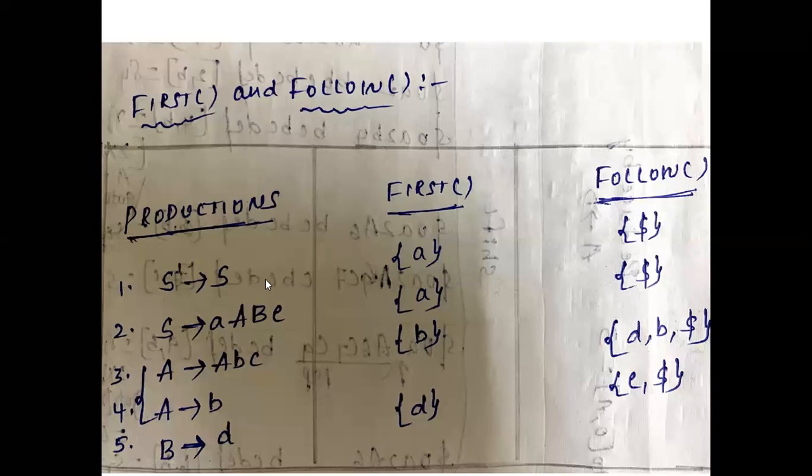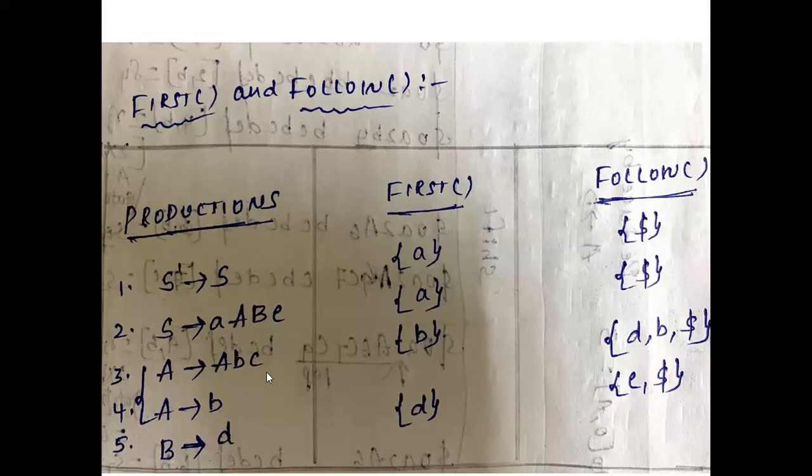So I am applying the rule like follow of A is equal to follow of B, or follow of B is equal to follow of A. Means I already computed for the S dash. So follow of S is equal to follow of S dash. And what the output for the S dash is dollar. So the same output we are taking for the S here, right? Is it clear now? And now what is the follow of A?